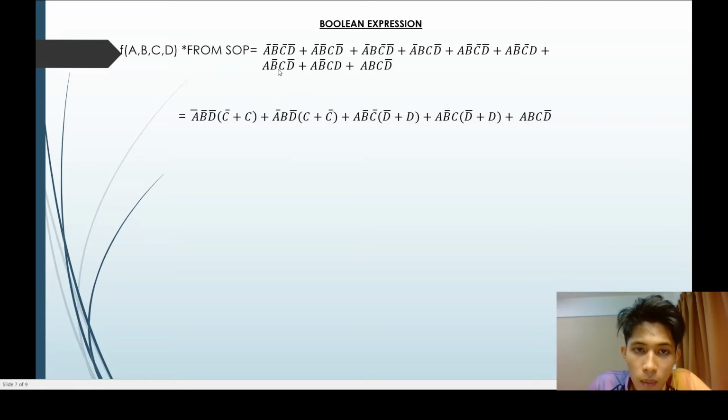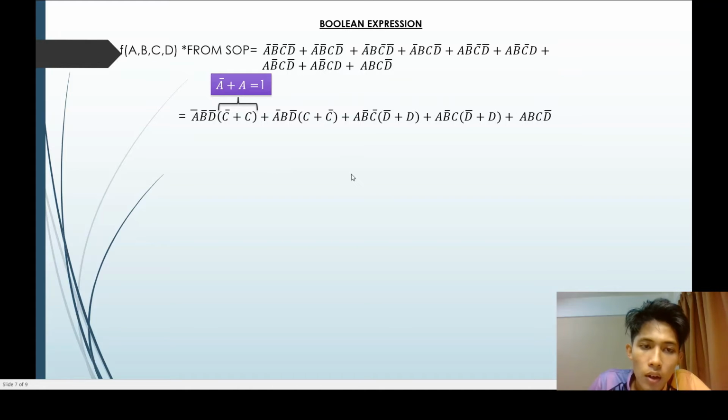And then the last one is this one, A B bar C D bar plus A B C B bar C D. So we can see that only A B bar and C is the same, so we can factorize this one, A B bar and C, and in the bracket is D bar plus D. So what is left behind is A B C and D bar, because there is no more equation that can be factorized together. So from this one, we know that this is from the Boolean algebra rules, which is if any input